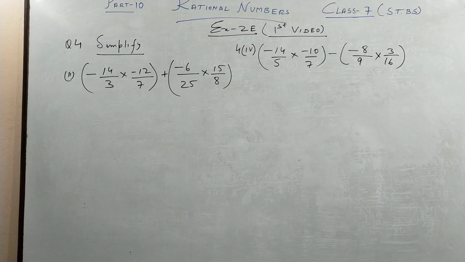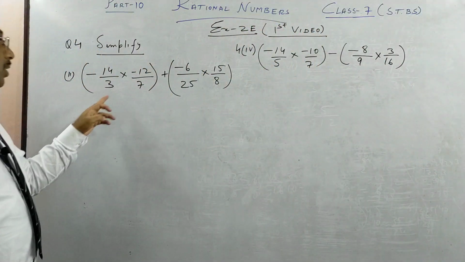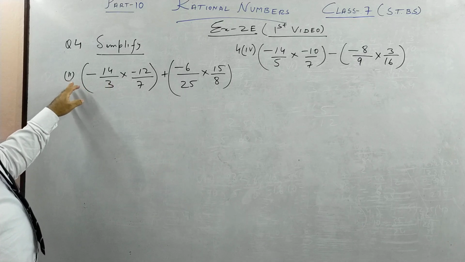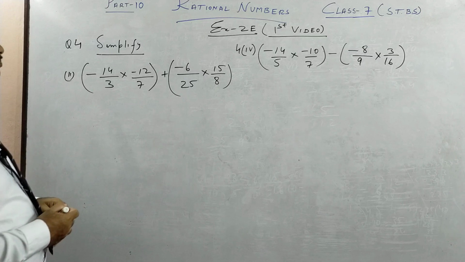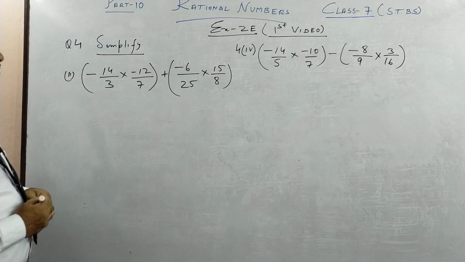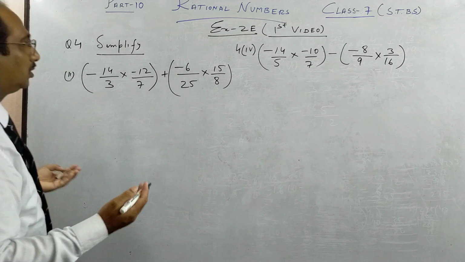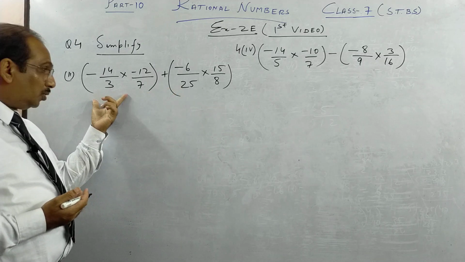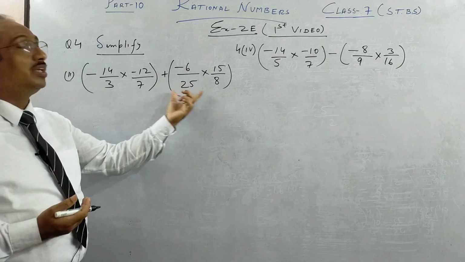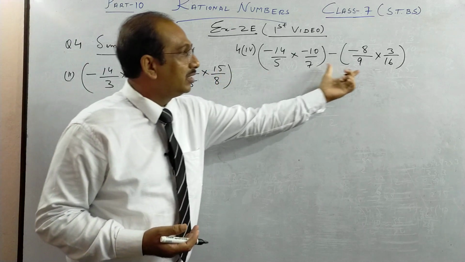So here we go to the last two parts. We do part 2 and part 4 of question 4. So these two sums will be the last two sums for this session. So let us see. This is nothing but, children, if you see this to be simplified, we have done like this, and this only here we will add. So we are using the concept of addition of rational numbers.